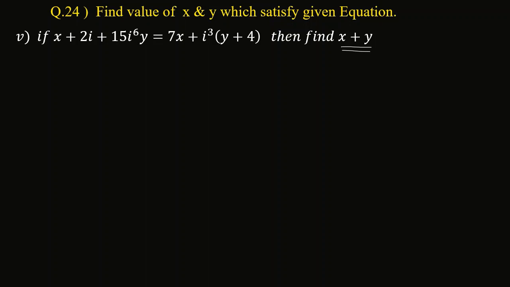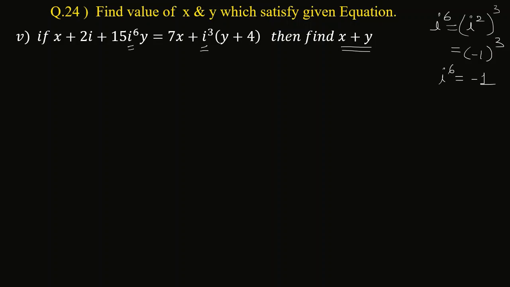Given information में if we check we have i raised to 6 as well as i raised to 3. So first we derive i raised to 6 and i raised to 3 so that we can replace it. So i raised to 6 can be written as i square का power 3, and i square का value we always get as minus 1, का cube. So we will get the answer as minus 1. तो जहाँ पे भी i raised to 6 दिख रहा है, we have to replace it by minus 1.